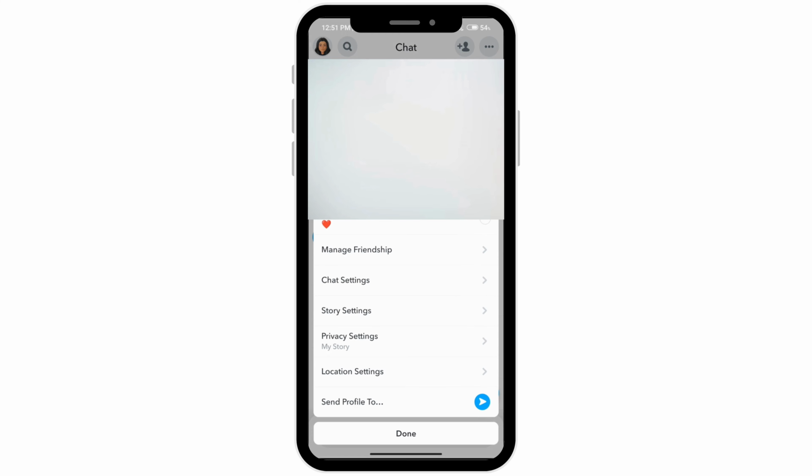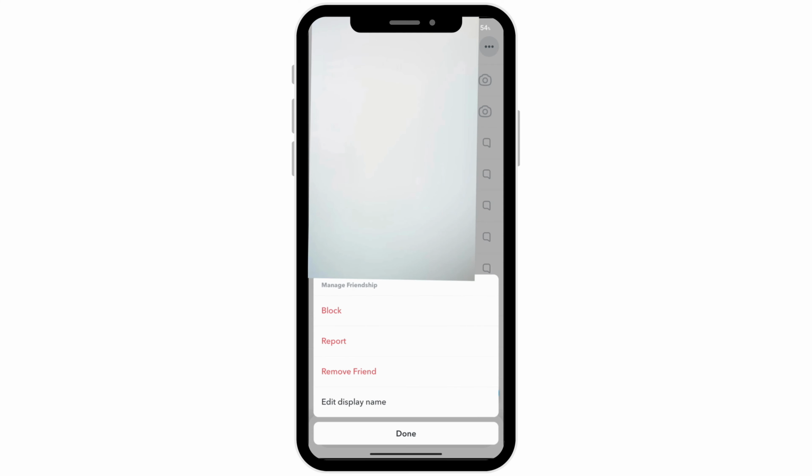And then you'll see the option of manage friendship. So go ahead and click on that. So there's no option to hide a friend. You can only block them, report them, or completely remove them as your friend. So if you don't like any of these options, the other alternative is what you can do is long press